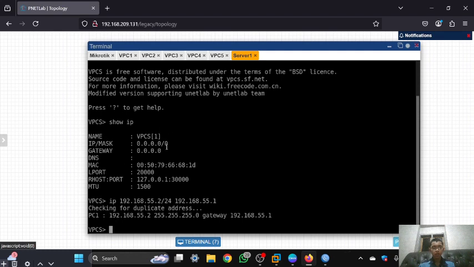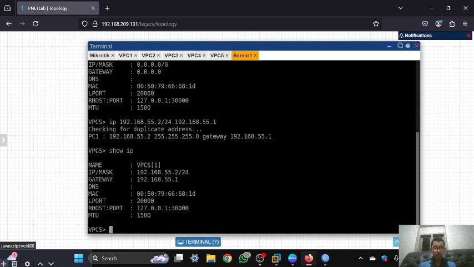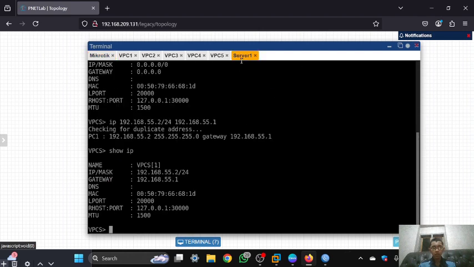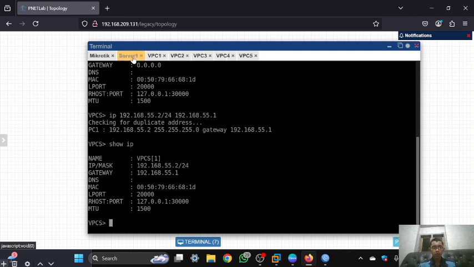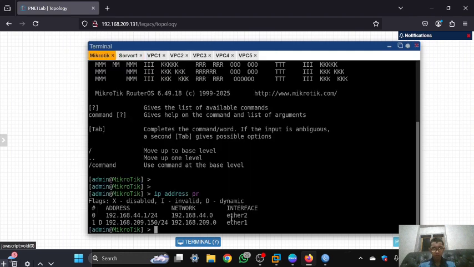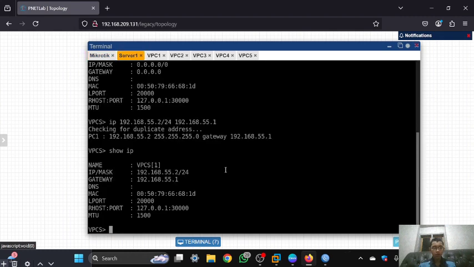Now the server has been set. You can see it with show ip. It will look like this, and you can try to ping from the server to the MikroTik, which is the IP of the MikroTik.